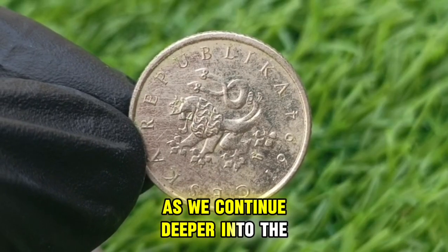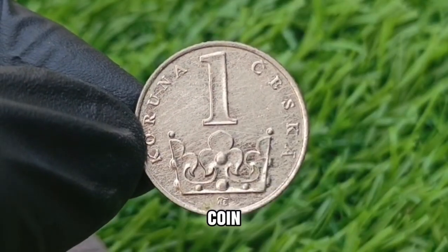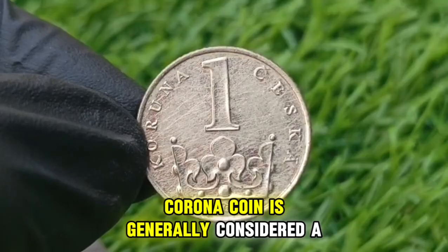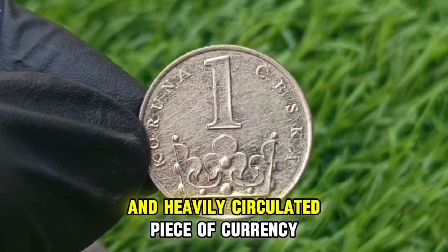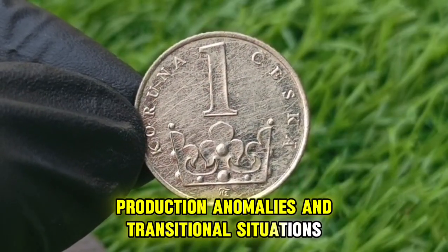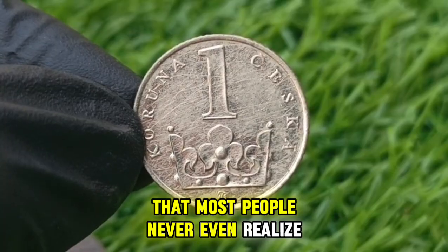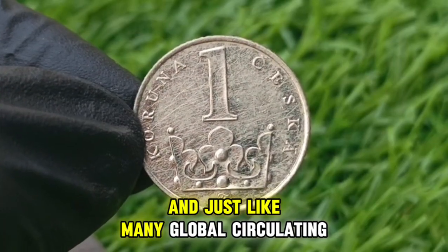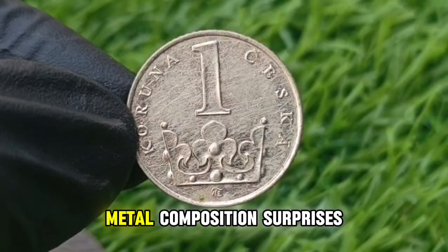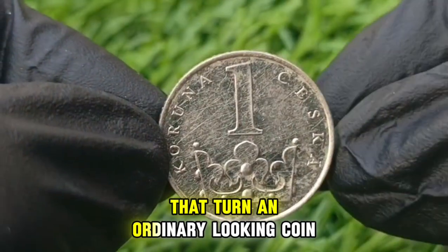As we continue deeper into the world of rarities, errors, and high-value discoveries connected to the Czech Republic 1 Koruna coin, the story becomes even more intriguing because although the 1 Czech Koruna coin is generally considered a low-denomination and heavily circulated piece of currency, certain minting variations, production anomalies, and transitional situations across different years have created extremely collectible pieces that most people never even realize they have, and just like many global circulating coins, the Czech 1 Koruna has its own mysterious misstrikes, metal composition surprises, die deterioration quirks, and edge-cut anomalies that turn an ordinary-looking coin into